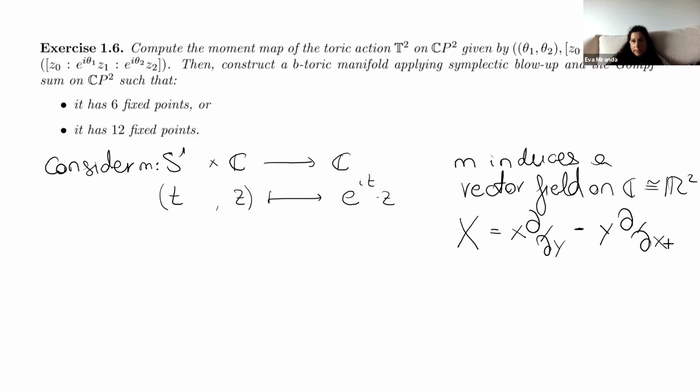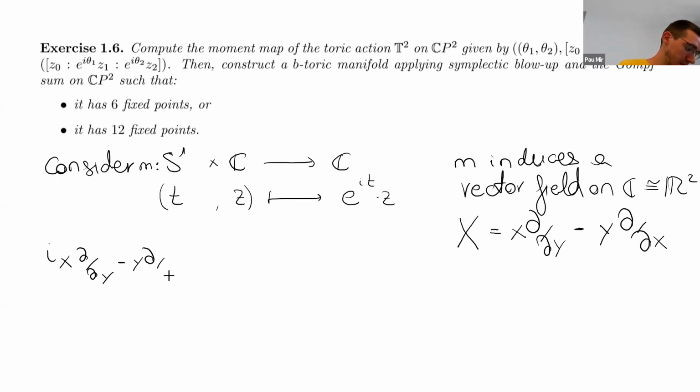I think this can be a good exercise. There is another way to compute it directly, but anyway, compute it as you want. What you get is the equation for the moment map. You construct this vector field with the symplectic form. Let's put a minus here, and we find